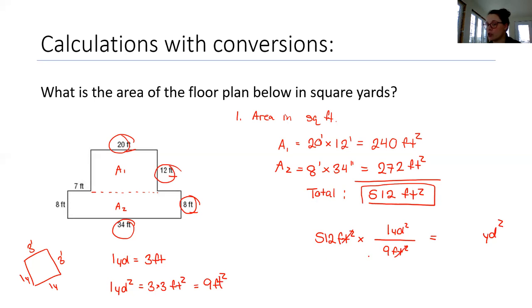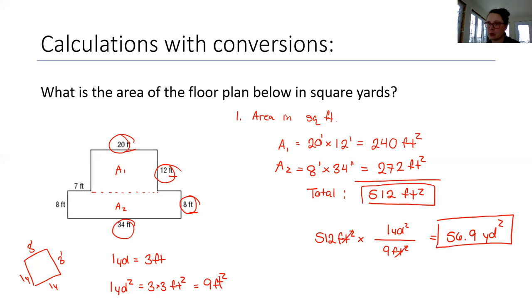So it's the same as 512 divided by 9. Usually to go from feet to yards, you divide by 3. So you're just dividing by 3 squared, which gives us a total of 56.9 square yards. So not an overly complicated calculation, really pretty straightforward, but using that conversion and squaring it is